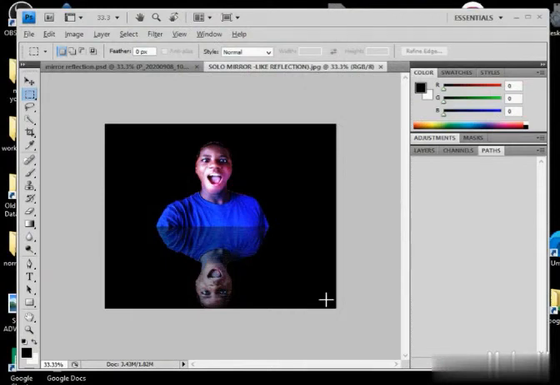There are steps in order to achieve this mirror reflection. The first one you're going to do is to go to your file, click on new,